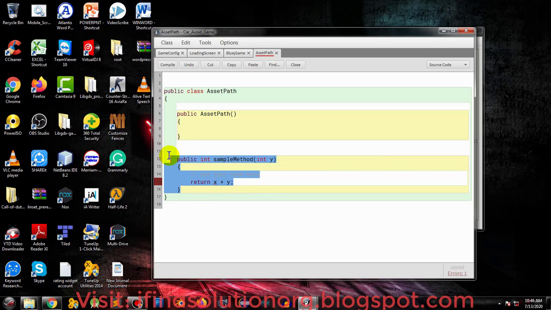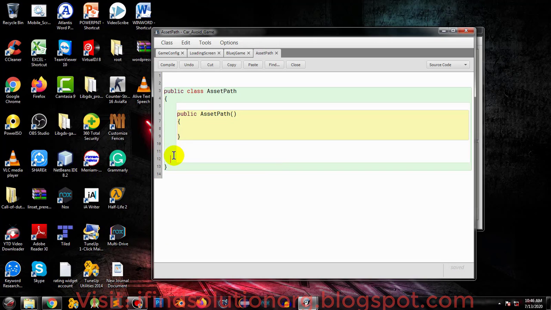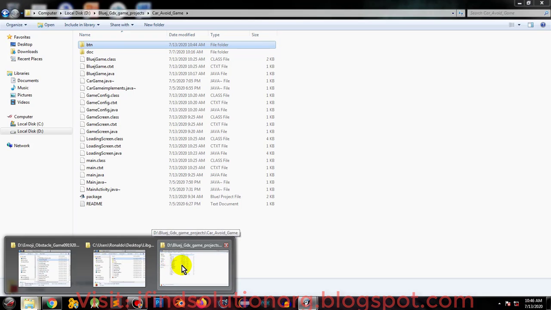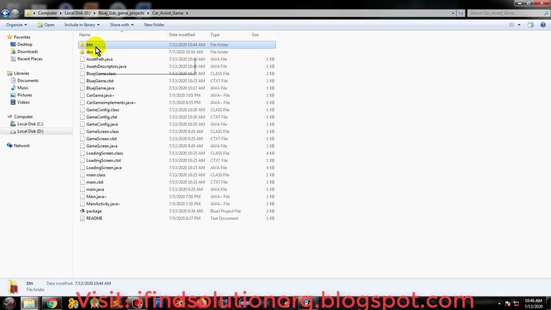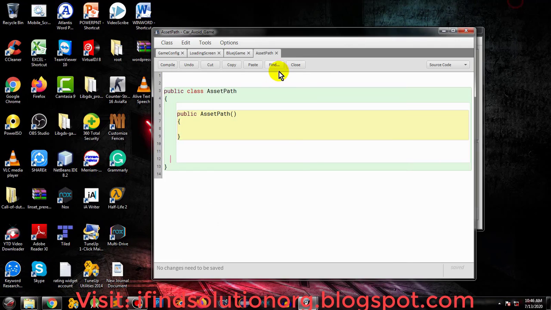Then we will assign as value the name of the folder that we have. For example, here we want to get access, so we can just go to the AssetPath, and I have